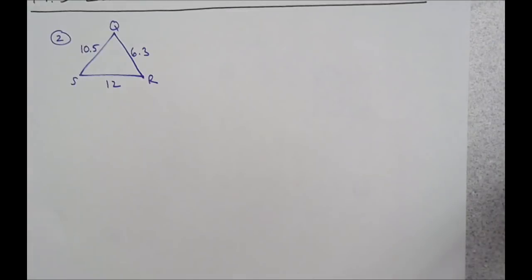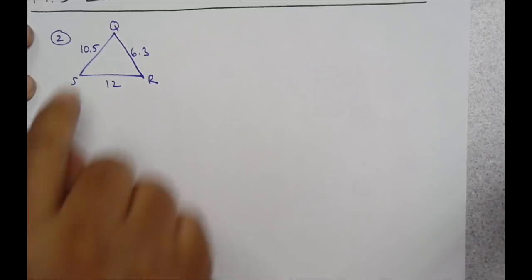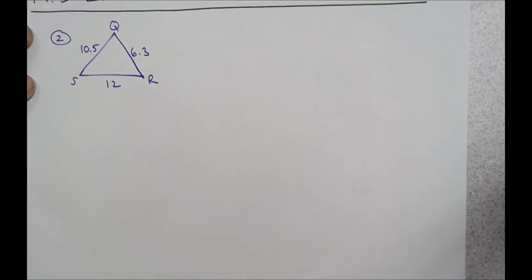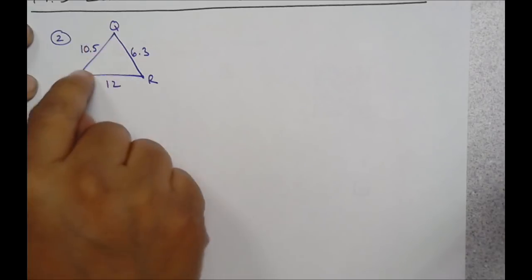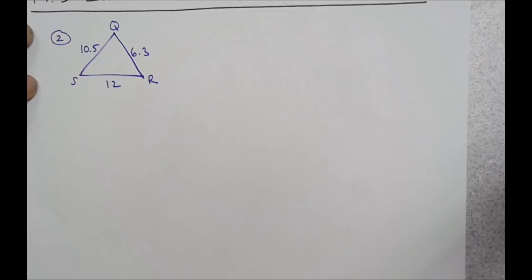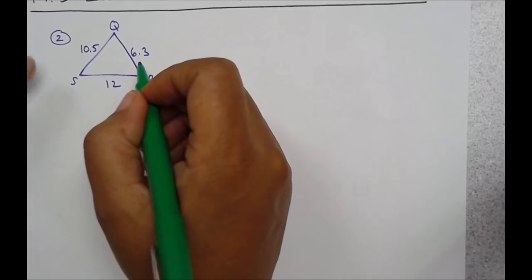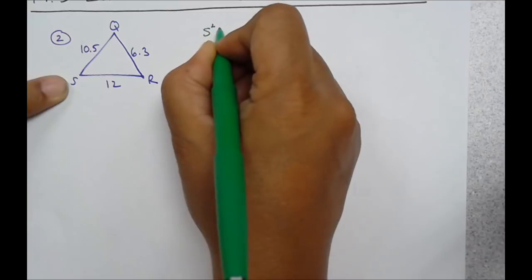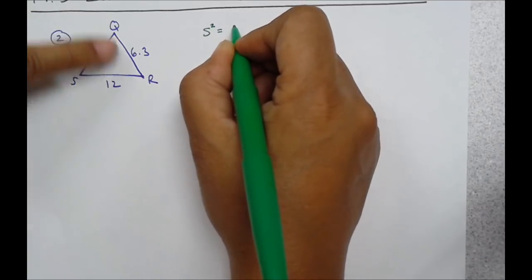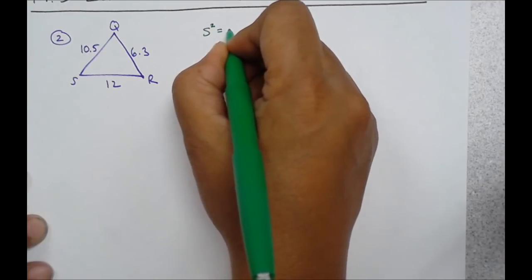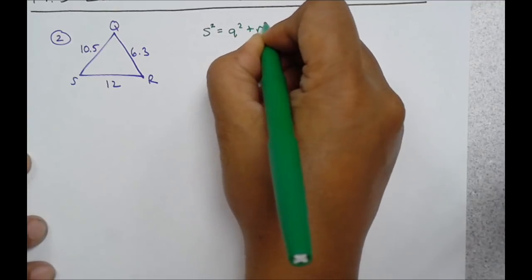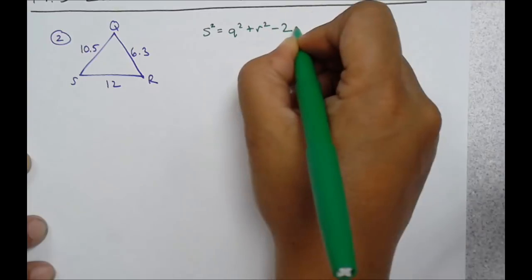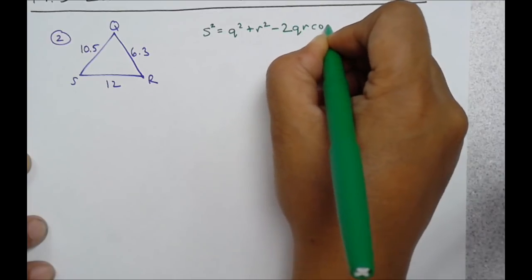All right, we're going to do another example. And here we have the case where we have side side side, and that is the other case that you can use law of cosines to solve for the triangle. We don't have any angle measures, so you're going to have to choose which angle you want to start with first. So let's say I want to solve for, I don't know, angle S. So the formula starts with S squared equals, and then the other two letters, which happen to have an R and a Q here, Q squared plus R squared, minus 2 times these two letters, QR, then cosine of